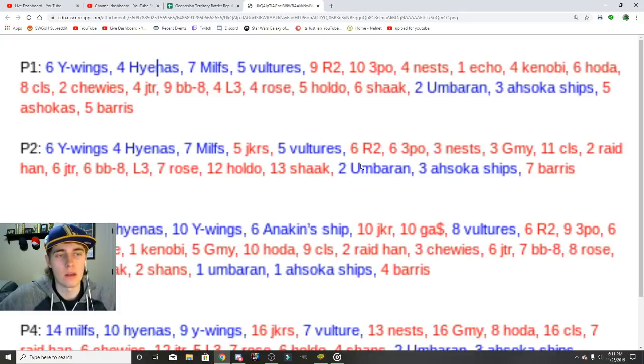And then you got the same kind of thing here with R2 3PO, some Nests, CLS, Raid Han, some of the JTR team, and Barriss. So Barriss, I don't know, guys. I think a really, really high relic Barriss in some of these Jedi teams and missions is going to be very, very important. And same with Ezra, because in some of these you gotta place Yoda for some GR, and